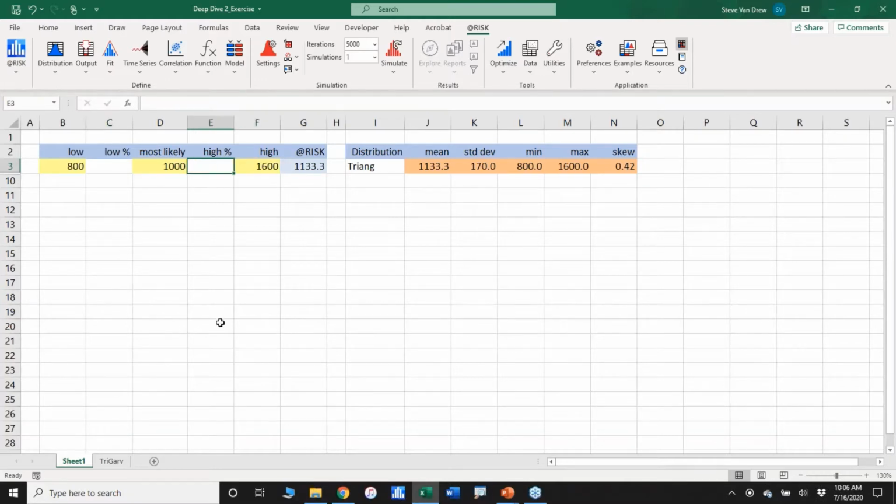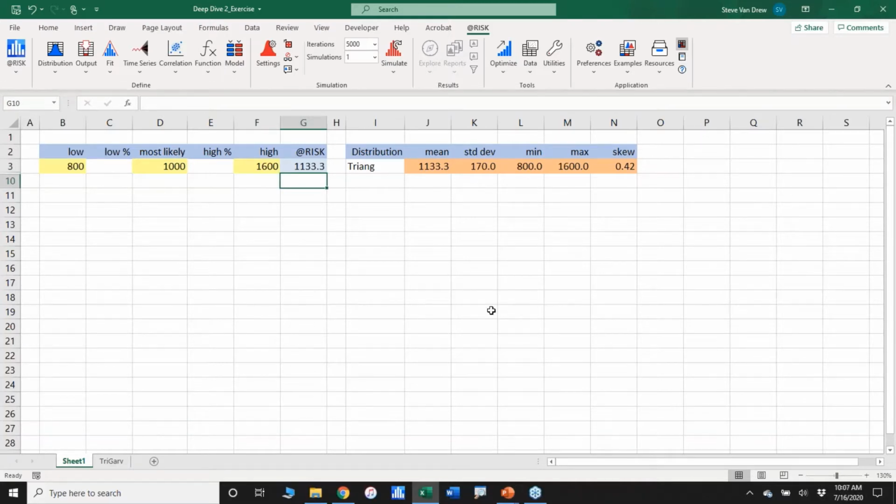But in the straight 3-point approach, you're asking for min, max, most likely, low, high, most likely, maybe optimistic, pessimistic, best case, worst case. There are many different ways to have asked for these. But in all those, there is the opportunity for bias and misinterpretation. I'll address that as we get further into it, but let's take them straight as an 800, 1,000, and a 1,600 here. And the simple thing to do in @Risk, and I'll show you from a blank cell,